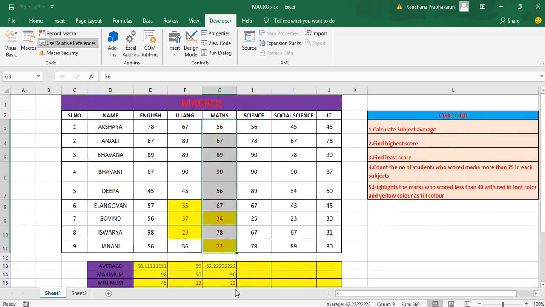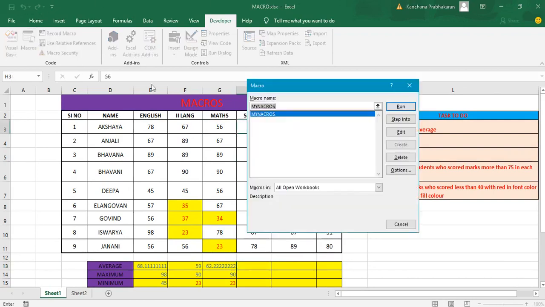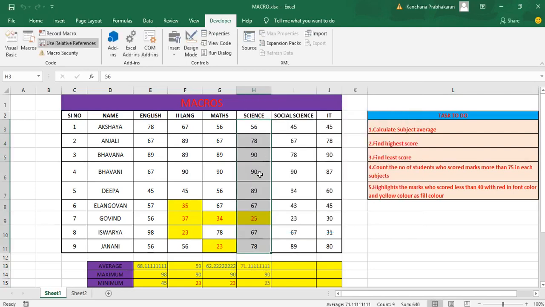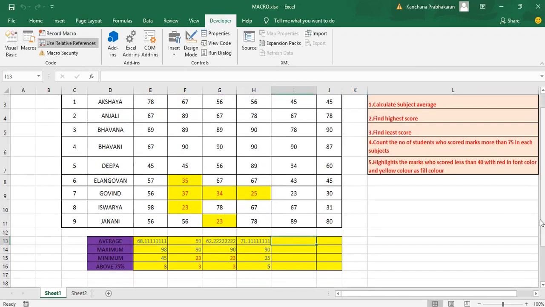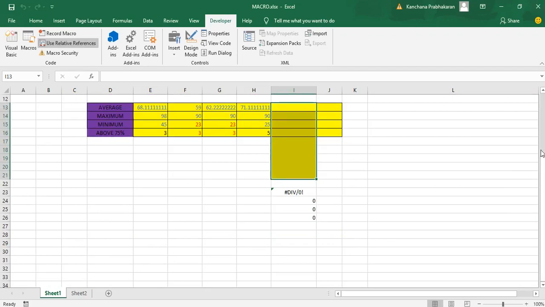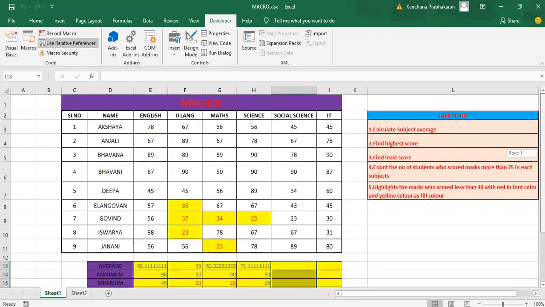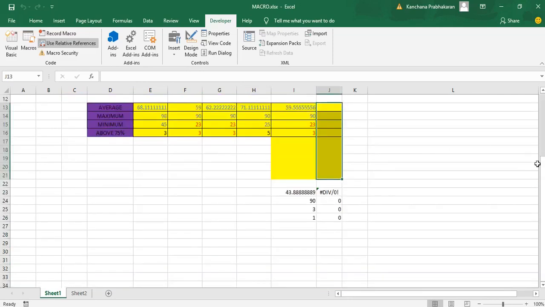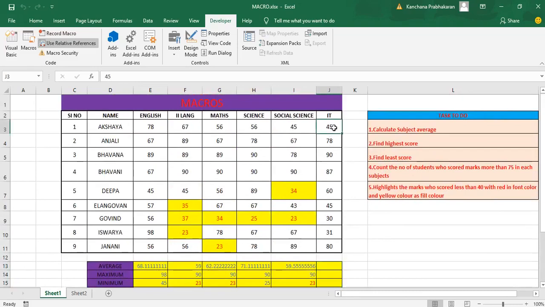Yes, children. Then keep your cell pointer on the first value. Then go to Macros, choose, and click the Run button. You can easily apply the formulas to the remaining cells like this. What is the shortcut key I have created in macros? Control plus Q. So click on the first cell, then press Ctrl plus Q. The same formulas will be applied to the remaining cells. Again press Ctrl Q. The same formulas will be applied. Keep your cursor on the first cell, then press Ctrl Q.